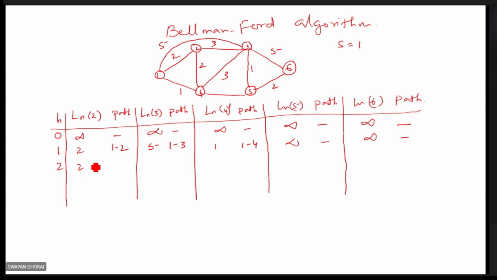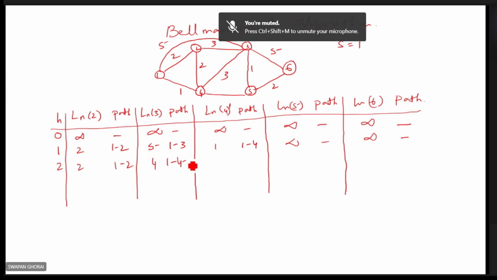Sir, 2. It will be 2. Though you are considering 2 hops, it is 3, right? 1 to 2, or if you consider 1 to 3 to 2, then it is 8, more than 2. So whichever the previous one, you have to retain it, which is the least cost path. So that is 1 to 2. Now tell me 1 to 3. What will be the cost and what will be the path? Sir, 4. Exactly, it is 4, and the path will be 1, 4, 3. Exactly, 1, 4, 3. Now you have followed.